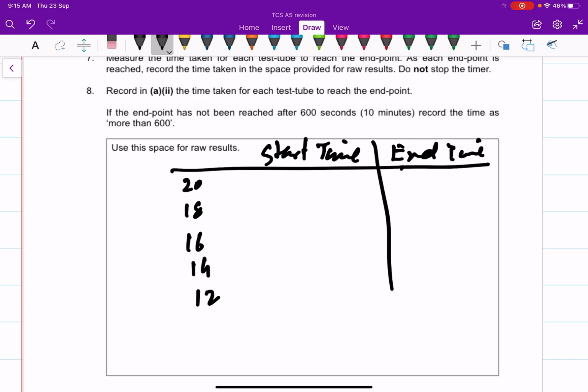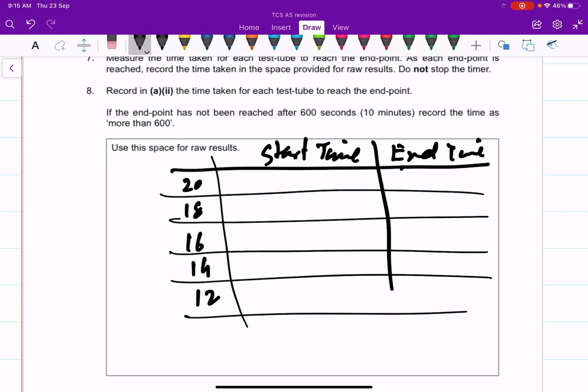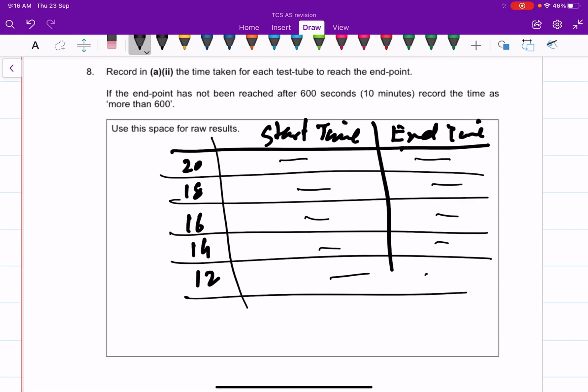Okay, so this is how you should have it. There are no marks for this raw data. However, whatever your start time and end time are, you can repeat this experiment and you should record them. When you're recording these values,